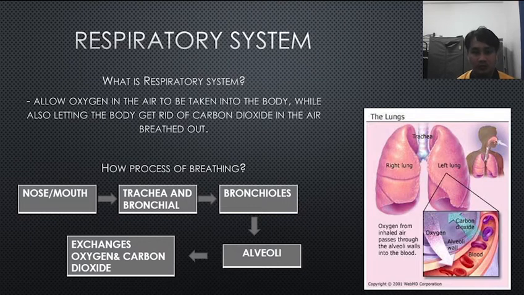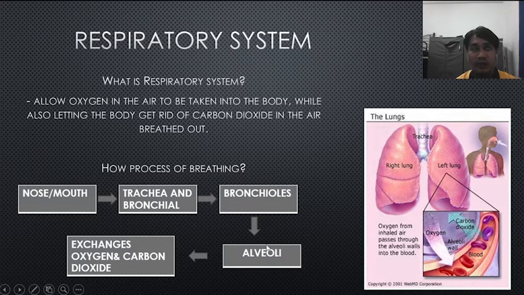How is the process of breathing? Breathing starts when you inhale air into your nose or mouth. It travels down the back of your throat, the trachea, and into your windpipes, which are called the bronchi. So, trachea and bronchi. After going through your bronchi, they divide into small air passages called bronchioles. And at the end of the bronchioles, there are